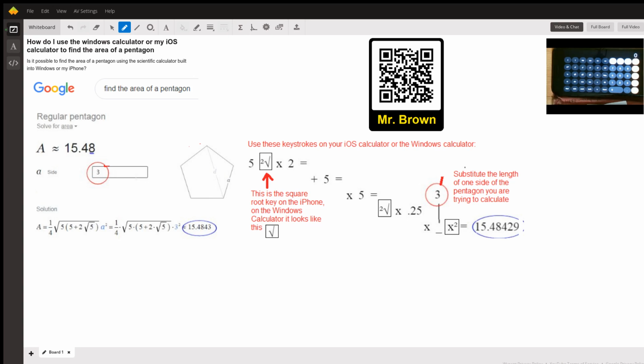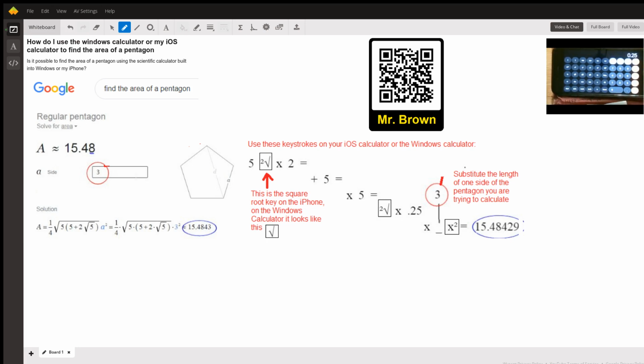So I'm going to start right up here and I'm going to say 5, clear all. Okay, 5 square root times 2 equals plus 5 equals times 5 equals square root key times